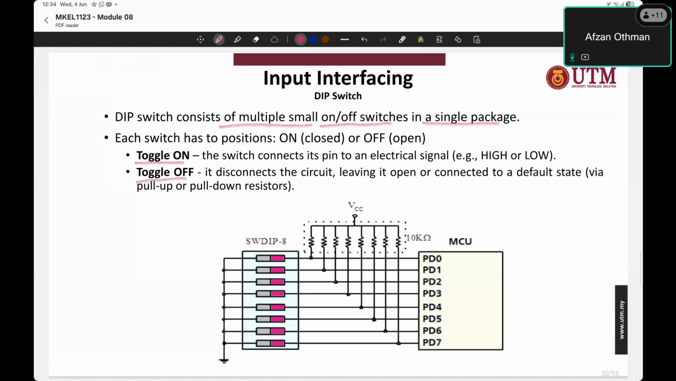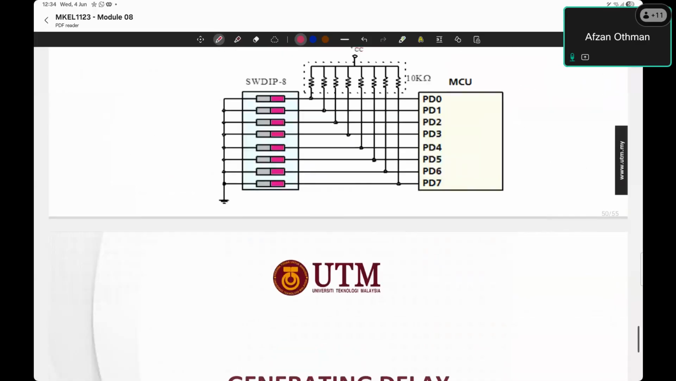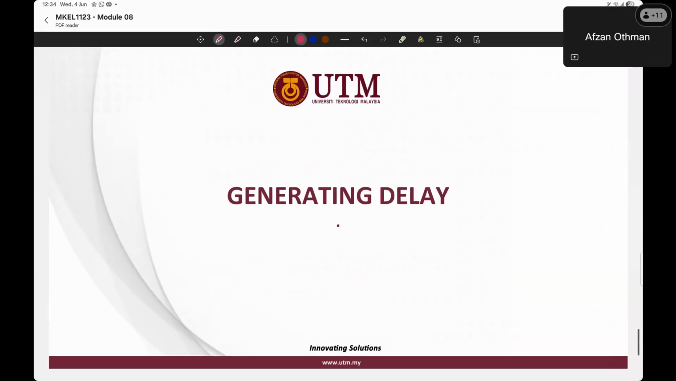So this switch is similar to the slider switch. When you turn it on, it means that the circuit will be closed. The value from the switch will go to the microcontroller, depending on whether it's an active high switch or an active low switch. If the switch is toggled off, it means that the circuit is open, so the value will come in from the pull up or pull down resistor. Okay, that is for